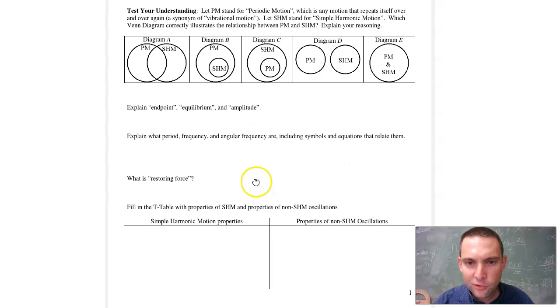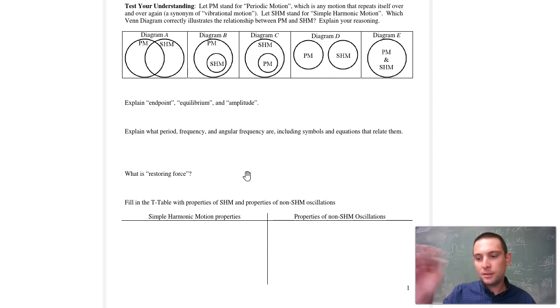Oscillations are movements that happen over and over again. They could be moving back and forth, up and down, or round in a circle. Oscillation is repetitive motion. If we're letting PM stand for periodic motion, which is any motion that repeats itself over and